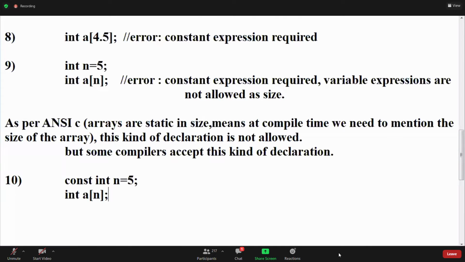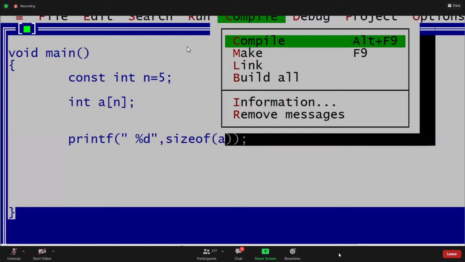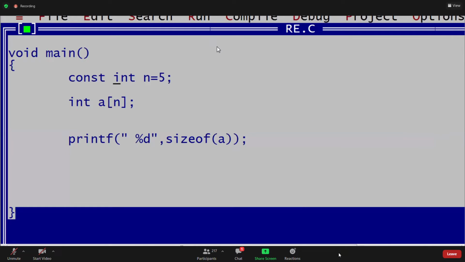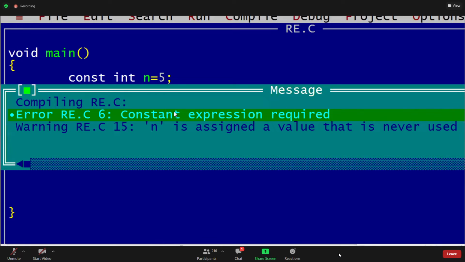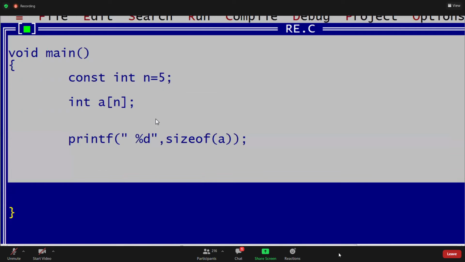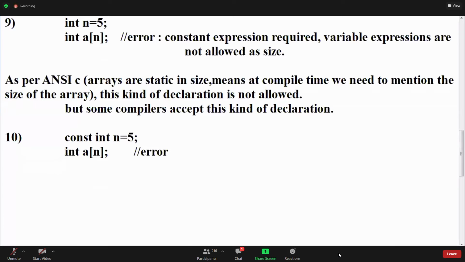Constant integer and constant variables mean not a constant expression. Constant expression means not constant variables. I declare const. Yeah, compile this. If I compile, now what does it give? Now you are checking this kind of declaration, right? Once checked, it gets an error. It is the same error: constant expression required, not constant variables. Okay, this is also an error. Okay, same reason, guys. Variable expressions are not allowed. That is the 10th one. Yeah, 11th one, guys. 9th completed. That point is completed, guys.